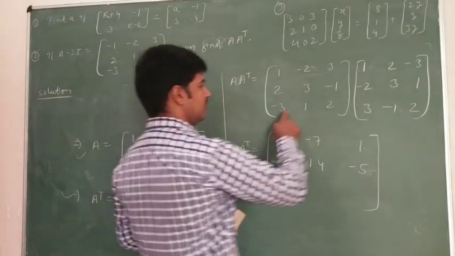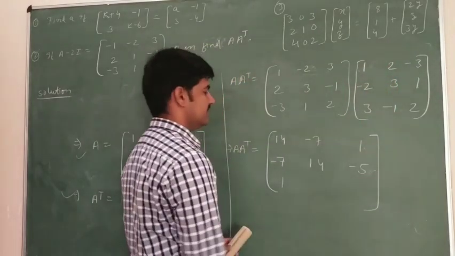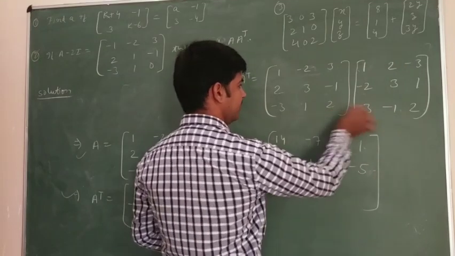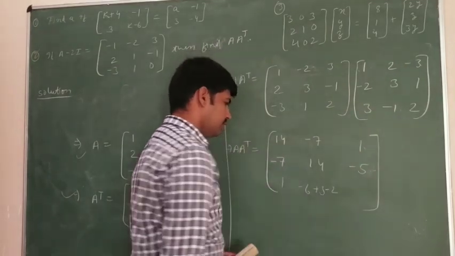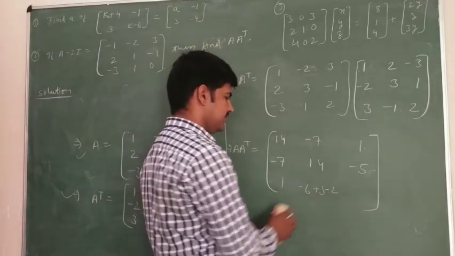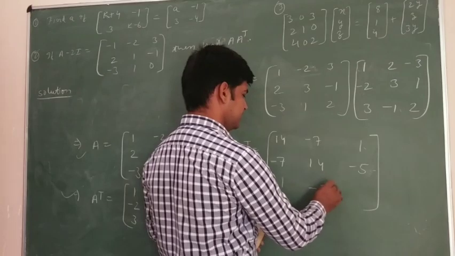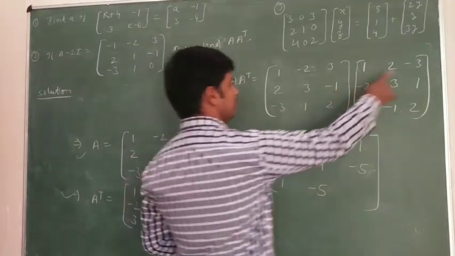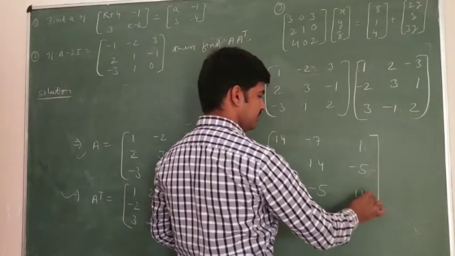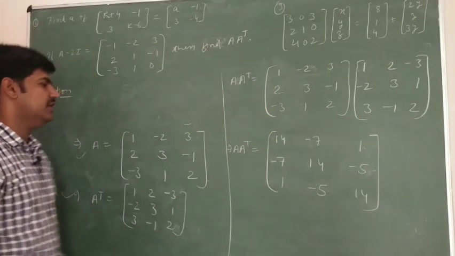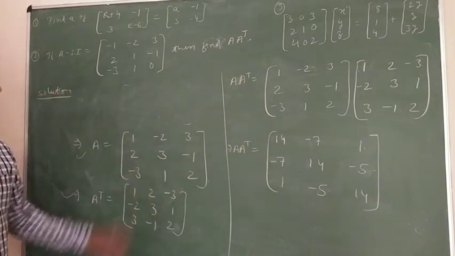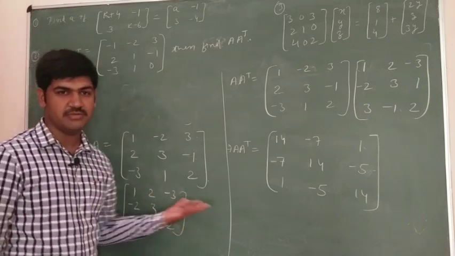Okay. Now minus 6 plus 3 and minus 2. What do we get, students, here? We get minus 8 plus 3 is equal to minus 5. This is minus 5. And eventually 9, 10 and plus 4, 14. So this is the value of A times transpose of A, students, after we have multiplied A by transpose of A. So this was a question of, I think, 2 or 3 marks. 3 marks it might be.